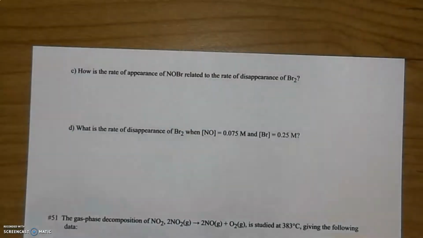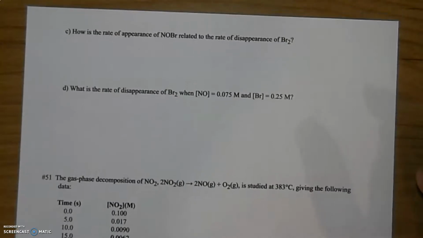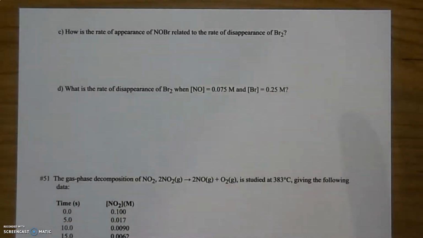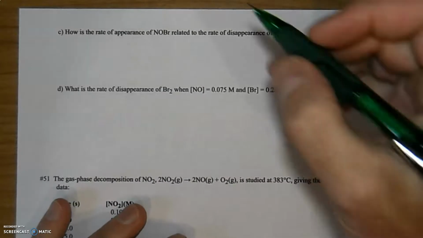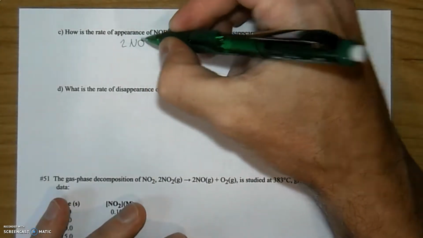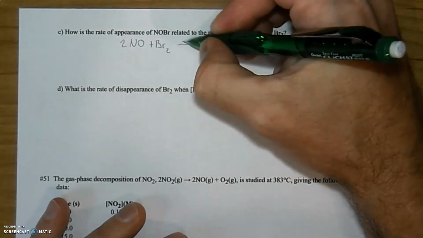So let me go over to part C. It says, how is the rate of appearance of NOBr related to the rate of disappearance of Br2? So we're going to change our perspective a little bit on this problem. We know it's been based upon NOBr, and that's just fine. That's just what the data is all based on. We're going to change our perspective. So writing down that equation just so we can see it: 2NO plus Br2 produces